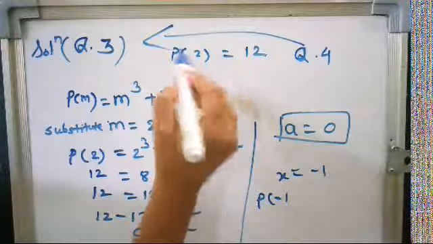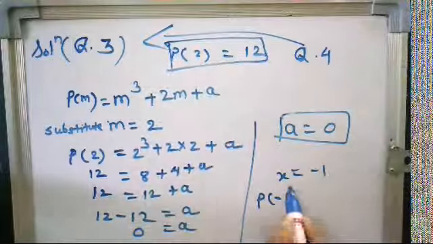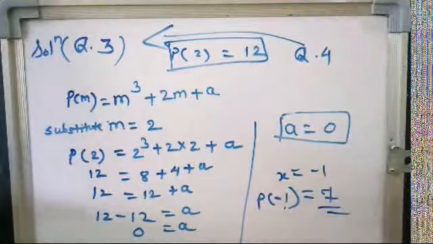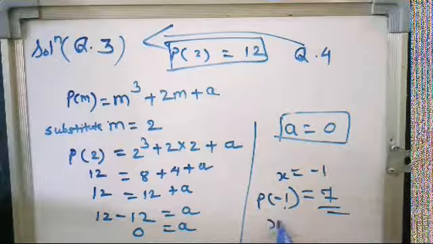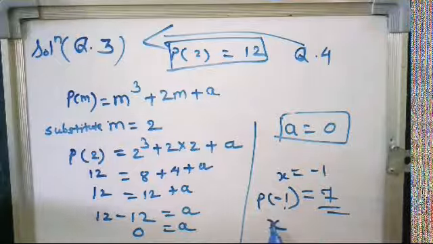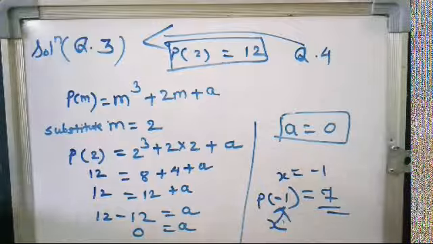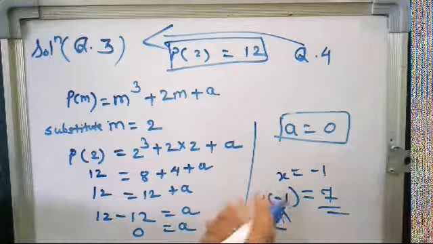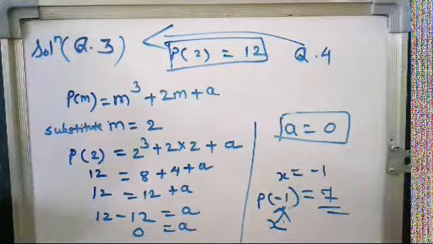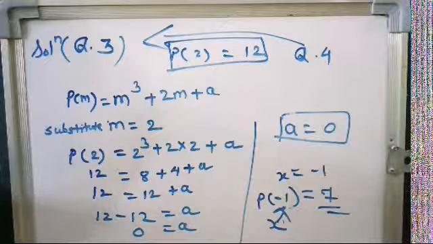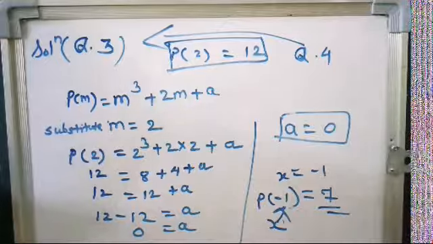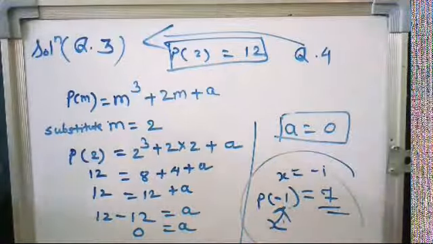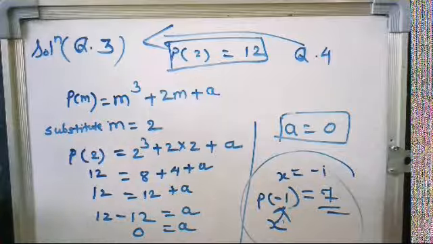Directly they have given the value, like I have written here for you. In this question, directly they have written that p of minus 1 is equal to 7. It means that equation in terms of x, so x you will replace everywhere with minus 1, and p of minus 1 you will replace with 7. So 7 is equal to m, and instead of x you will write minus 1, then minus 2 multiplied by minus 1 plus 3, and you have to solve that complete equation. You will get the answer. Okay, now we will see the next question.